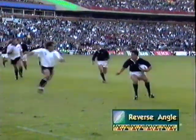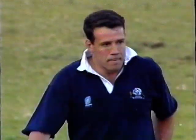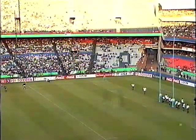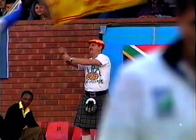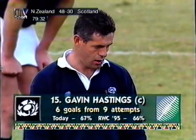Well, it was Morrison who did the setting up work, spotting that Scott Hastings had room to cut in there. He gave him the quick pass, and that was the difference. It just gave Hastings the opportunity to catch the... And he's got a good contact on that, and another lovely kick from Hastings. And, well, 30 points against New Zealand. The Scots' highest score against them, and it's still not going to be enough because the opposition score 48. It's hard to bear, but